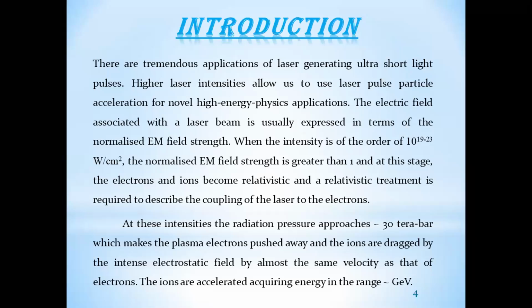To define the importance of the radiation pressure dominant acceleration regime, let us consider an ultra thin dense foil made up of electrons and ions. It is irradiated by a laser pulse. Due to the high radiation pressure of the laser pulse, electrons are quickly accelerated up to the speed of light, and the ions remain immobile due to their heavier mass. So a strong charge separation electric field is created inside the plasma, which pulls the ions in the forward direction